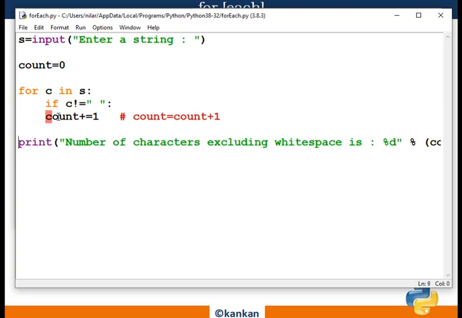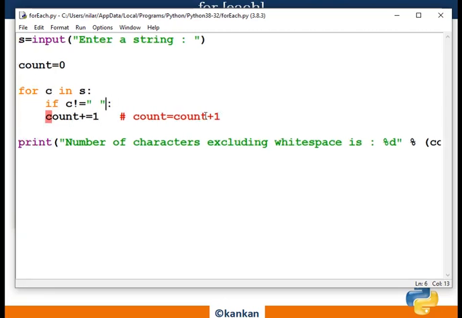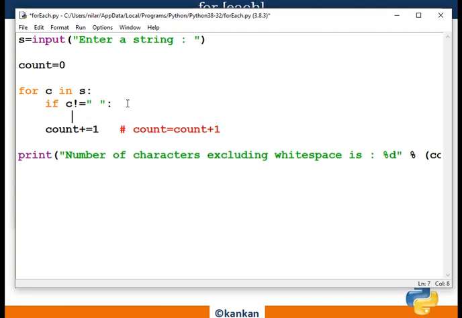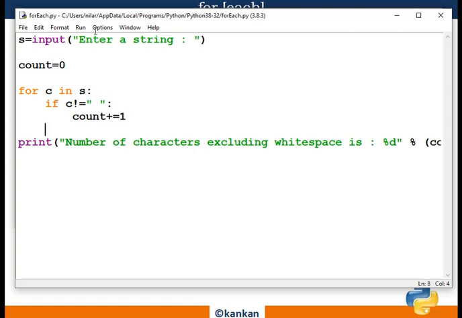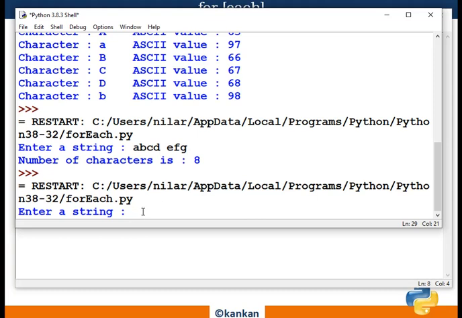What I have to do? I need to execute this code. Okay, equals to 1. Within this block I have to write down. Within the if block I have to write down. Okay. I am writing